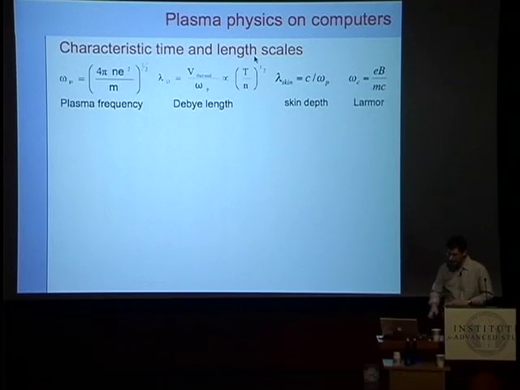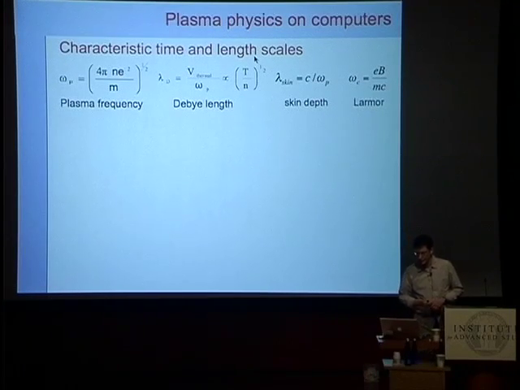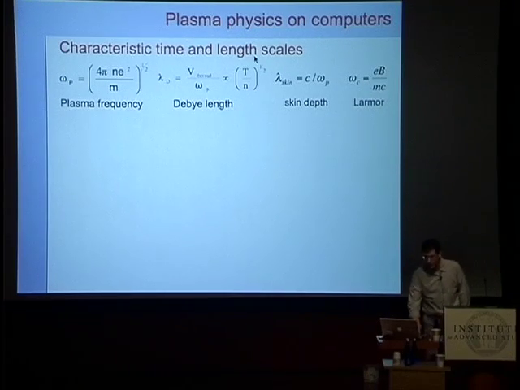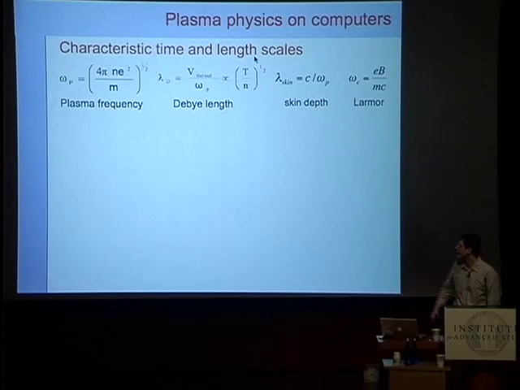And that harmonic oscillation goes with the plasma frequency, which scales as the square root of the density of the plasma, the charge of the charged species, and inversely with the square root of the mass of the species. So the electrons, as you can see, having the smallest mass, will have the largest frequency of ringing in the plasma. Associated with this